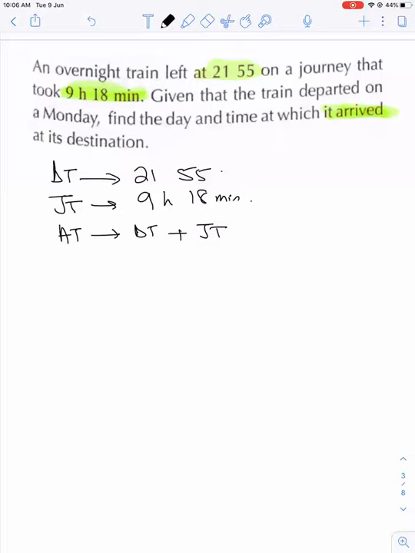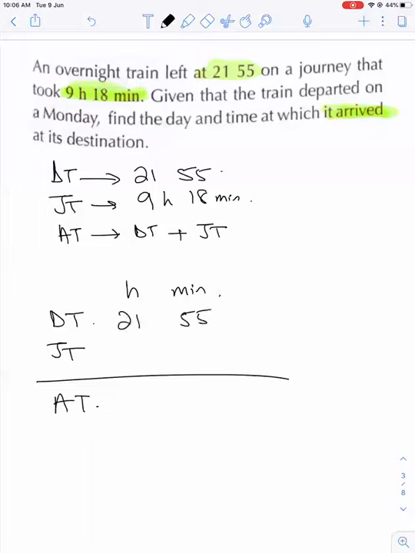So let's start solving the question. The departure time and the journey time, we'll write hours here, minutes here. We will add up the two, we get the arrival time. Departure time is 21:55. The journey time is 9 hours and 18 minutes. We are supposed to add them up together to get the arrival time. Let's see, 55 plus 18 is going to be